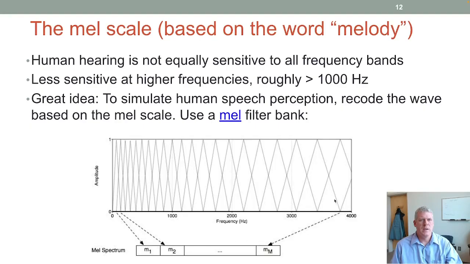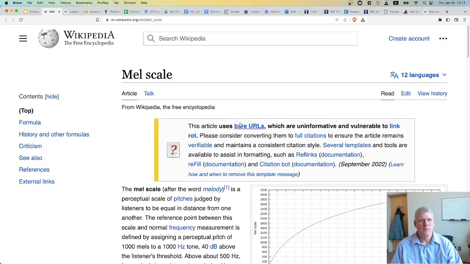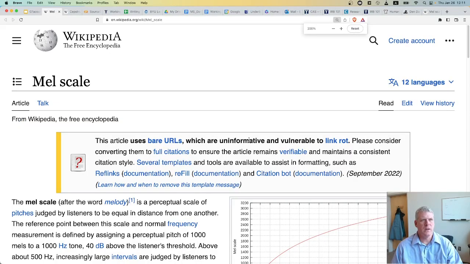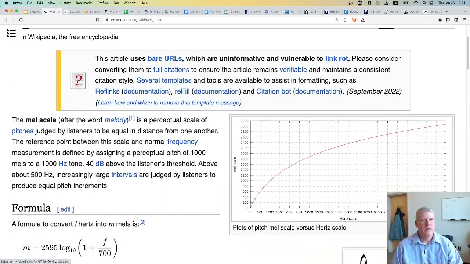And you're taking more information at the higher end and squishing them down into equal intervals here on the mel scale. Here's a Wikipedia article that has some more information if you'd like to look at it. Right, like I just said, the mel scale, after the word melody, is a perceptual scale of pitches judged by listeners to be equal in distance from one another. Okay,